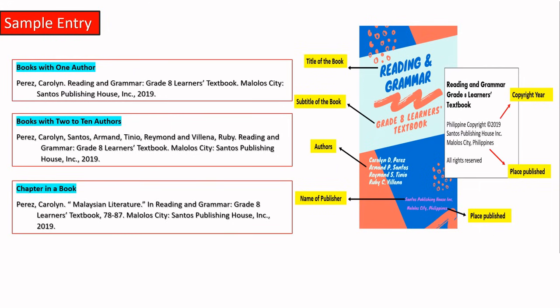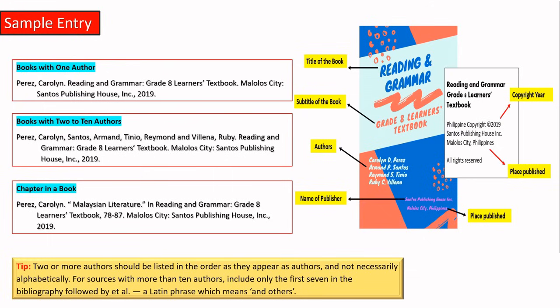Chapter in a book. Perez Caroline, period. Malaysian literature, period, and closed in quotation marks. In reading and grammar, colon. Grade 8 learners textbook, comma. 78 to 87, period. Malolos City, colon. Santos Publishing House Incorporated, comma. 2019, period. Tip: 2 or more authors should be listed in the order as they appear as authors and not